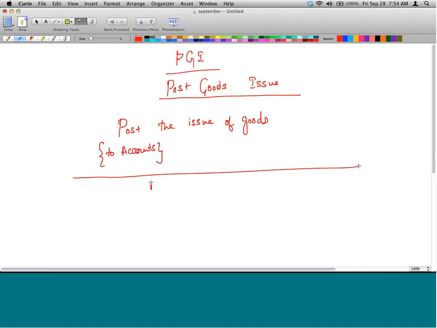Let us say M01, there is a quantity of 100. How do you find out what is the total stock of M01 in a particular plant at any given point in time? What is the transaction to find out the amount of stock? MMBE.